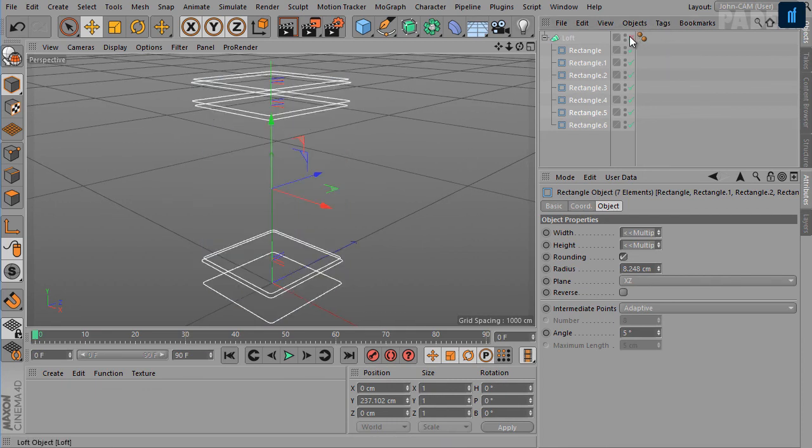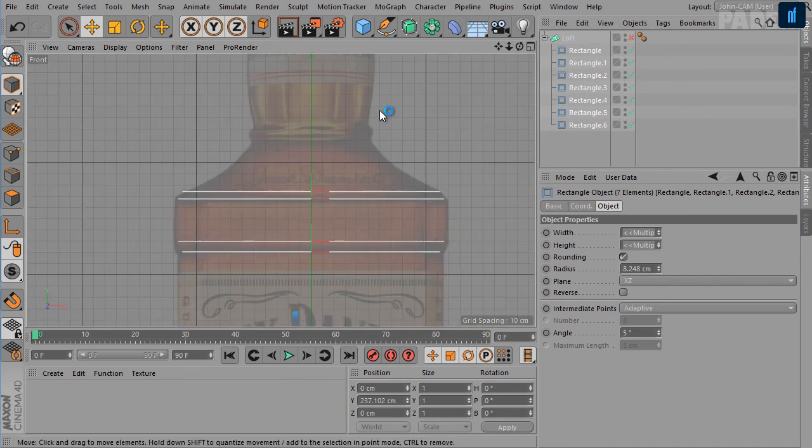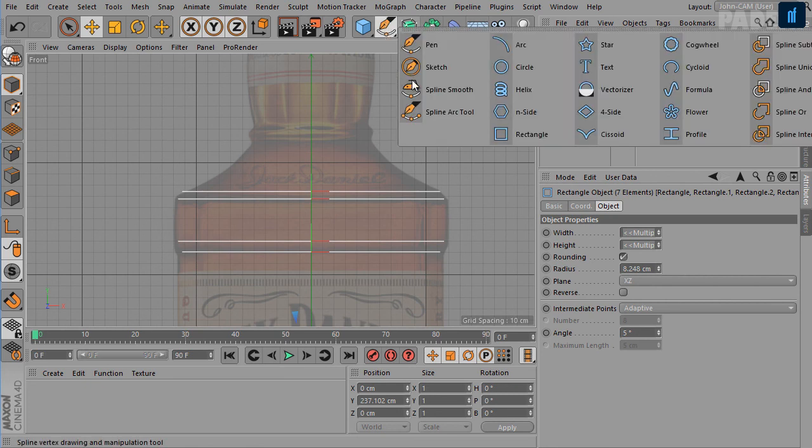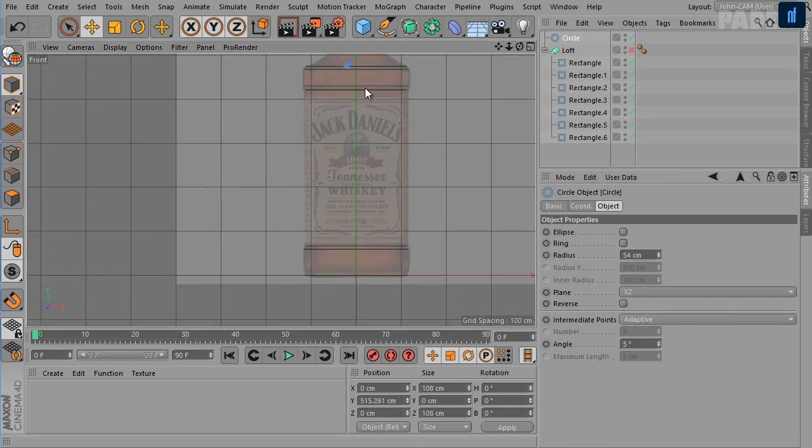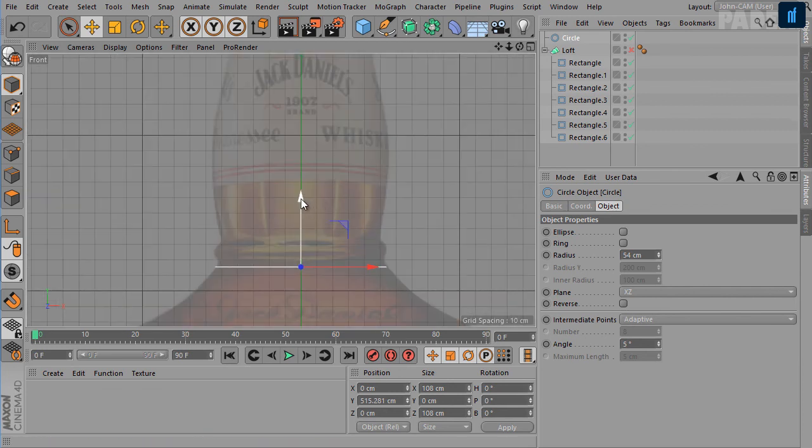Let's turn off the loft object and now create a circle. For the circle, its radius will be 54 and plane will be XZ, and then place it here. Create a copy and adjust its radius.